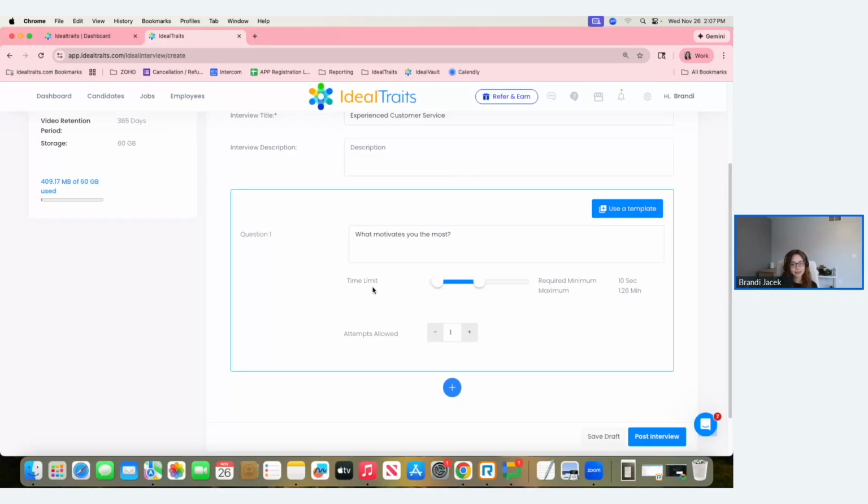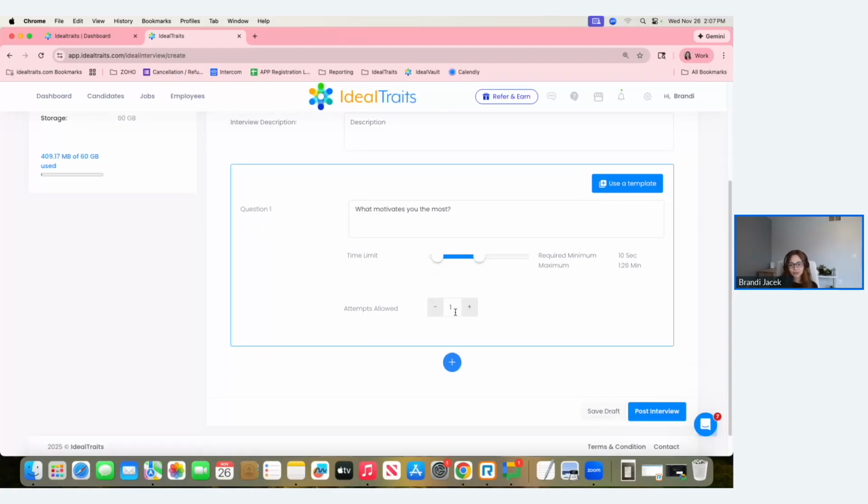Once you get your time limit set, you do have the option to increase their attempts. I usually recommend 2 attempts, at least for the first question, especially. A lot of times, candidates have never taken a one-way video interview. They might stumble through a little bit. It gives them the option to re-record. Maybe they fat finger it, accidentally hit record before they were ready. Just gives them that opportunity to re-record it before they actually submit it and move on